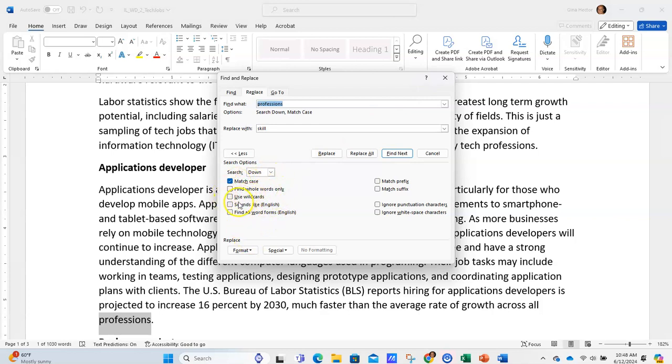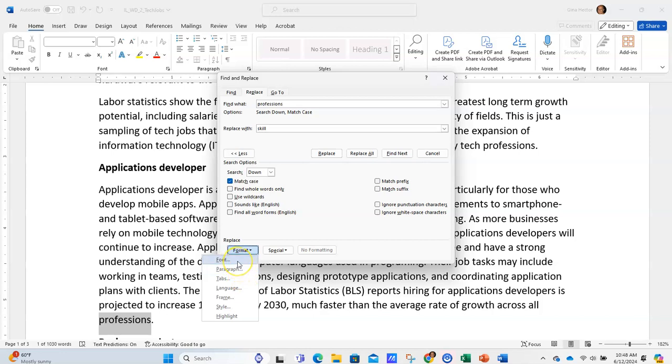Finding whole words, wildcards are things where if I used an asterisk or a number sign or a question mark that can represent a string of characters or a particular number if I'm searching for something. We don't get into that in this exercise, but you can do a search on using wildcards just to find out how that works. But I want to click on Format and just show you